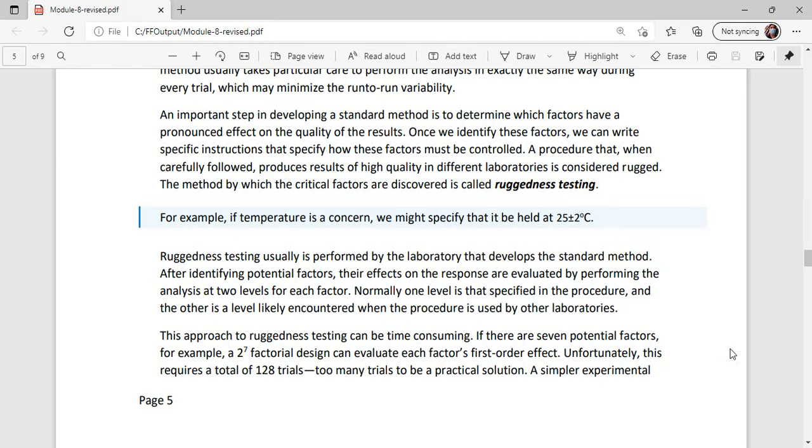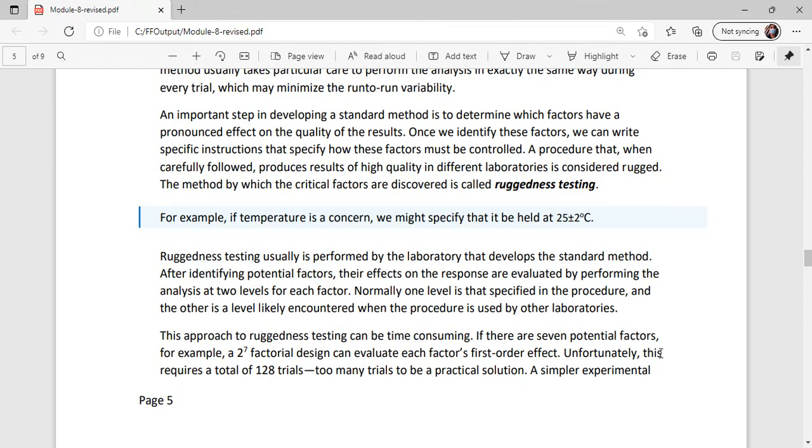For example, a 2^7 factorial design can evaluate each factor's first-order effect. Unfortunately, this requires a total of 128 trials. Too many trials. Okay? So, to find a practical solution,